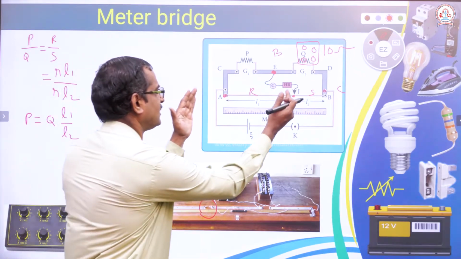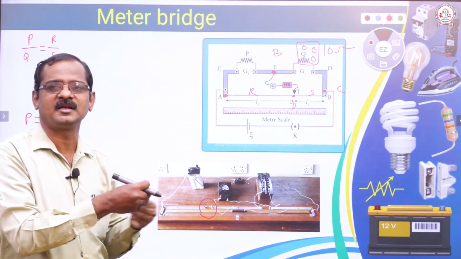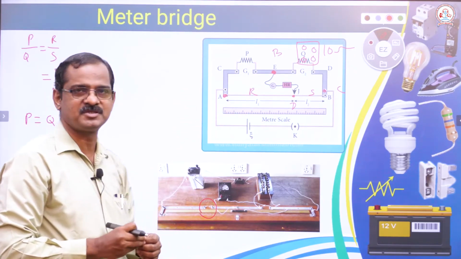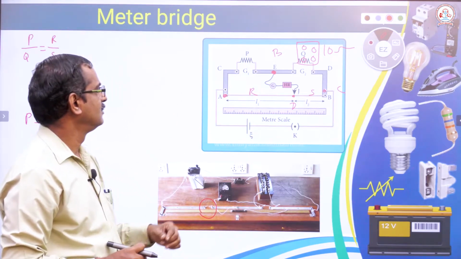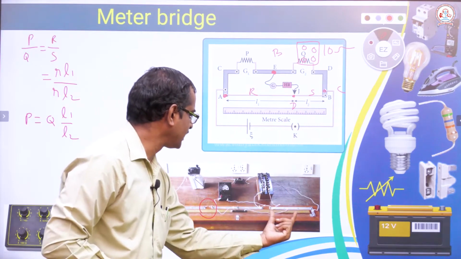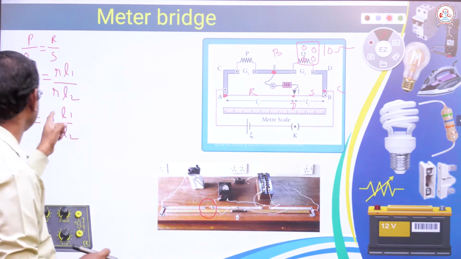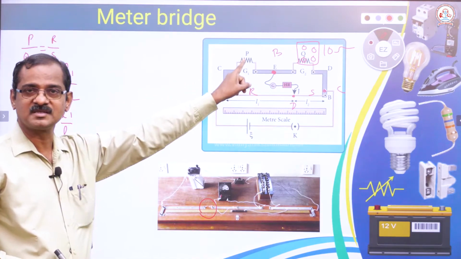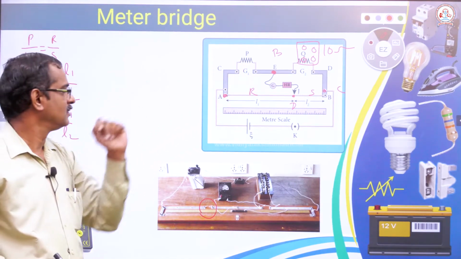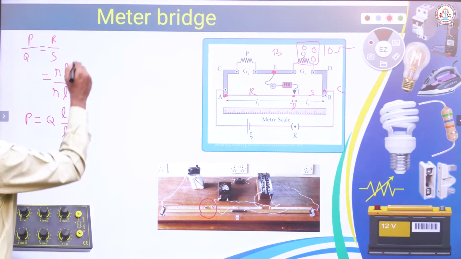L1 is the balancing length that can be directly noted in the meter bridge scale here. There is a meter scale fixed here. L2 can also be directly noted. By substituting these values, we can calculate the value of P, that is the resistance connected here. And also we have this equation,